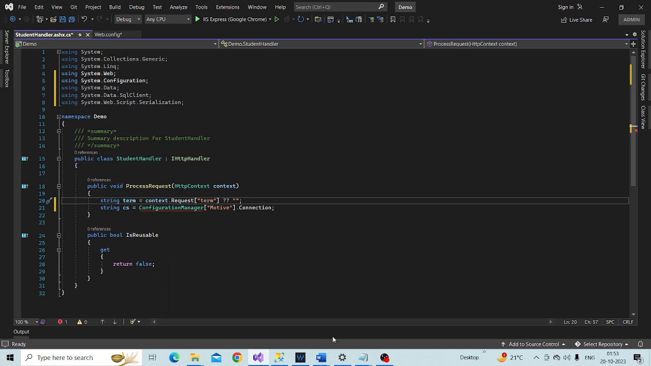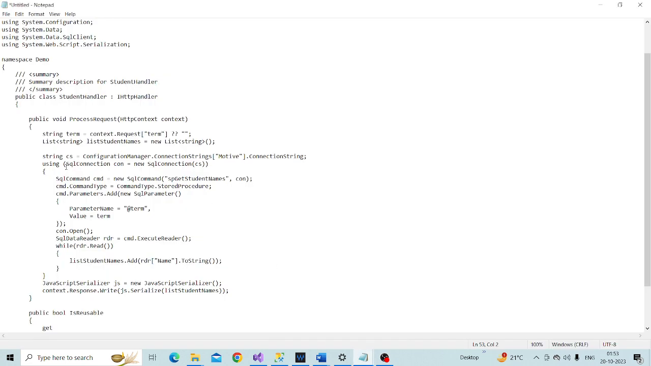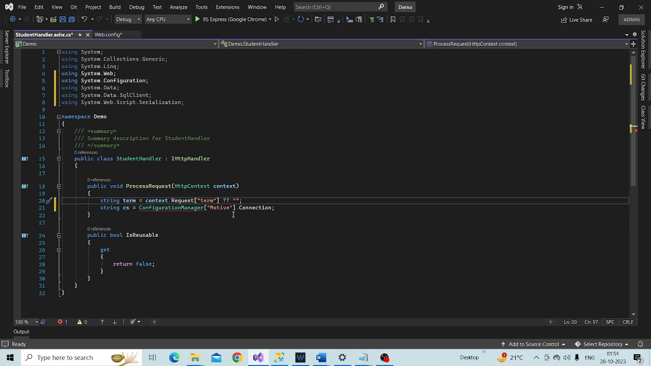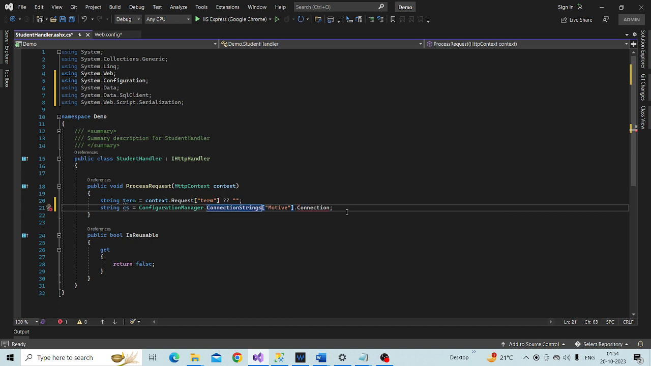What is going wrong here? Okay. ConfigurationManager.ConnectionStrings. So where is the connection string? Here, dot ConnectionString. Okay, and using that connection string,